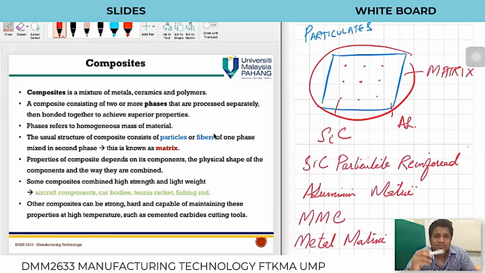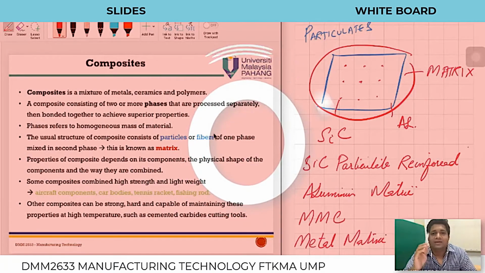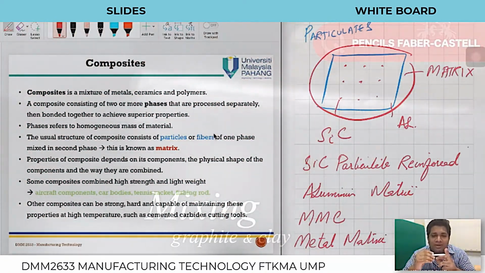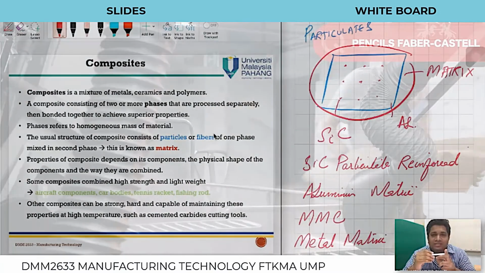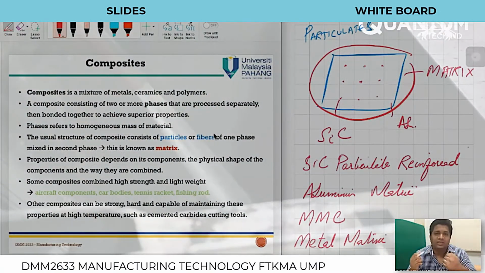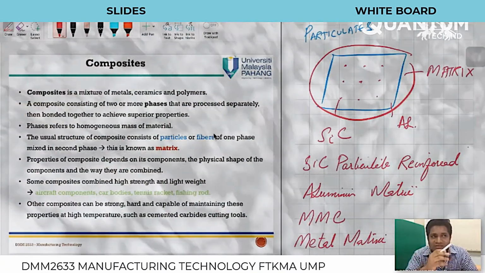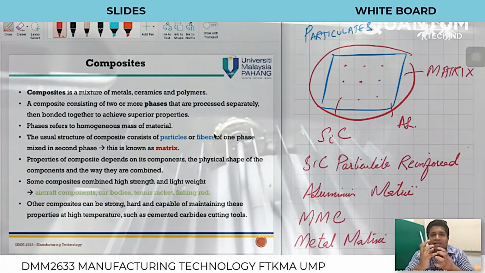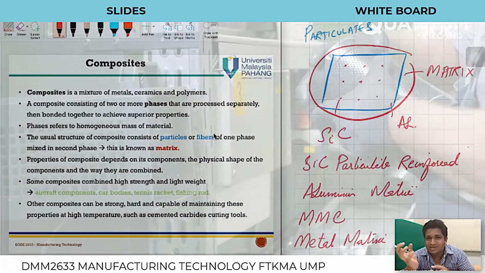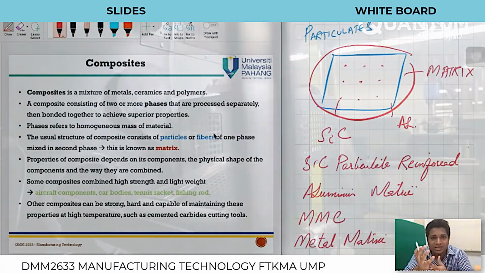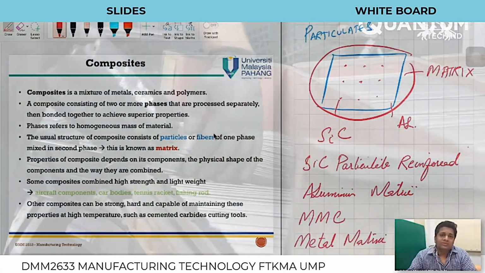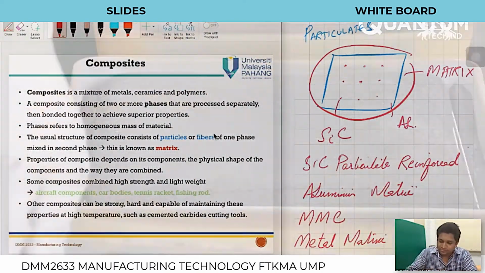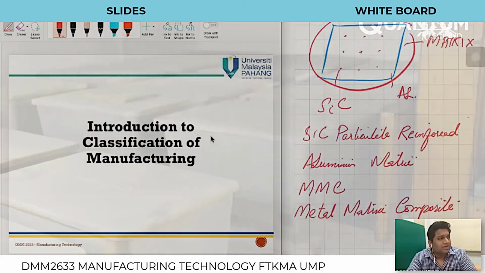Then we move to composites. Composites are basically a physical mixing of two or more different types of materials, let's say polymer and metal, or ceramic and metal, to get additional strength and different properties. The reason I am mixing is that the metal is very strong, and the silicon carbide creates additional strength. Polymer is very weak, but if I put metal wires inside the tire, it becomes very strong, right? So different properties can be combined in composites. So this was all about materials.